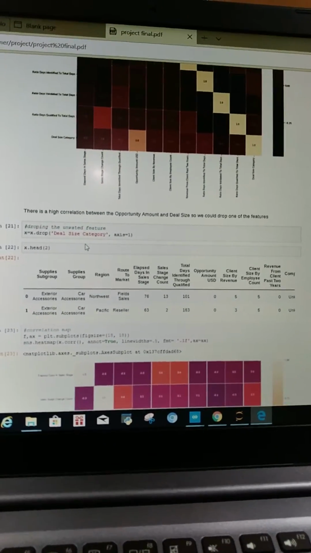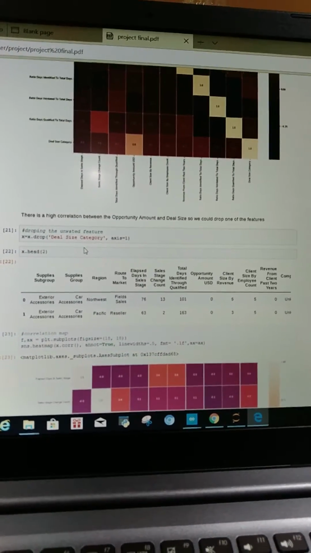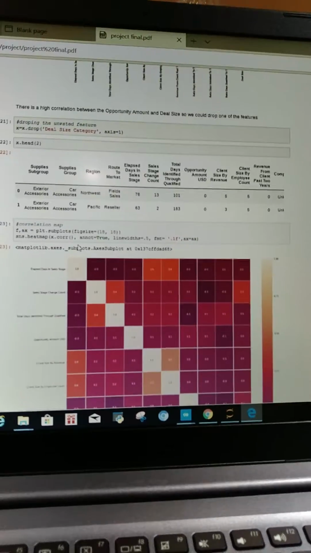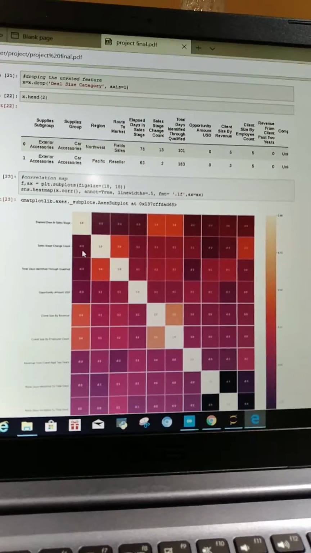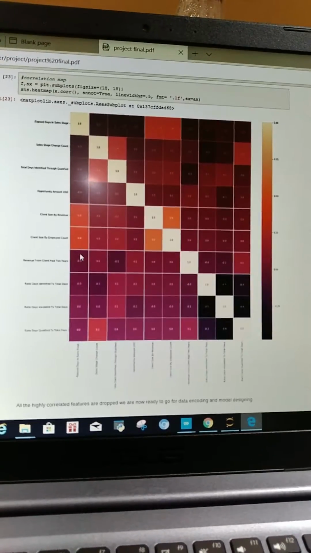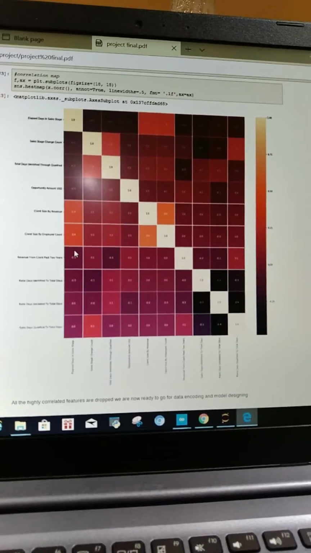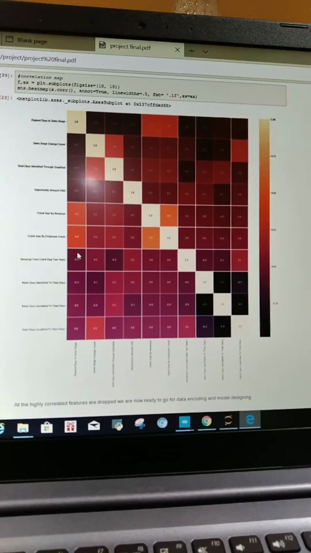So immediately what I'm doing is dropping the deal size category, which is highly correlated with the opportunity amount, because that means the features are simply pointing to one thing. So dropping one of them has no effect on the data. After dropping that, I'm redrawing the data to see whether it was dropped, and after that I'm doing another heat map to confirm if there are no more features